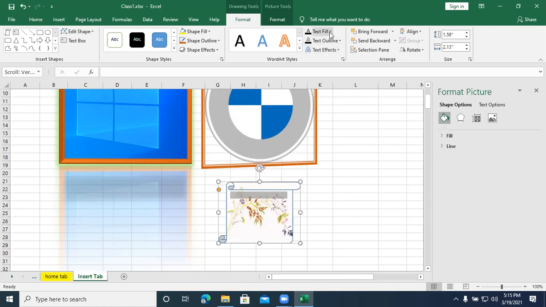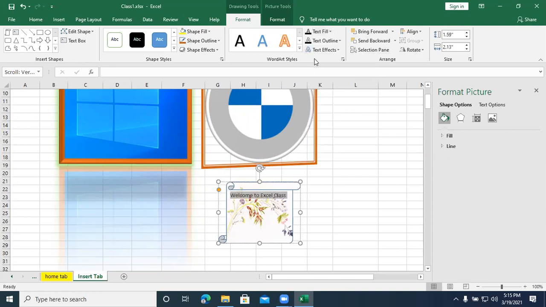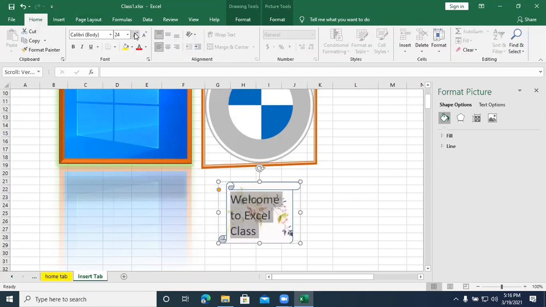So I just change the text fill. You can also increase the size of this text. So where you will increase, select the text, go to Home tab, increase font or decrease font.